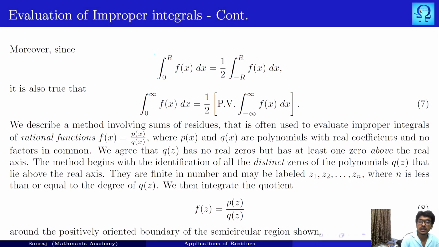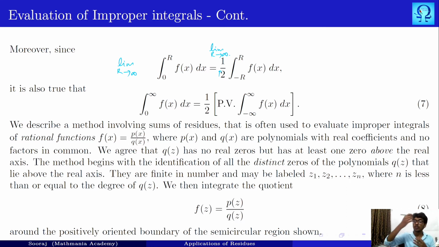So instead of writing with the help of r1 and r2, we can just write this way. If you have to integrate from 0 to infinity, you just make limit r approaches infinity of this. So this very well tells you the integral 0 to infinity f of x dx is half times the Cauchy principal value of the integral that we have. Okay, with this idea, we are going to evaluate some integrals through residues. Till now we have not involved residues into our picture.